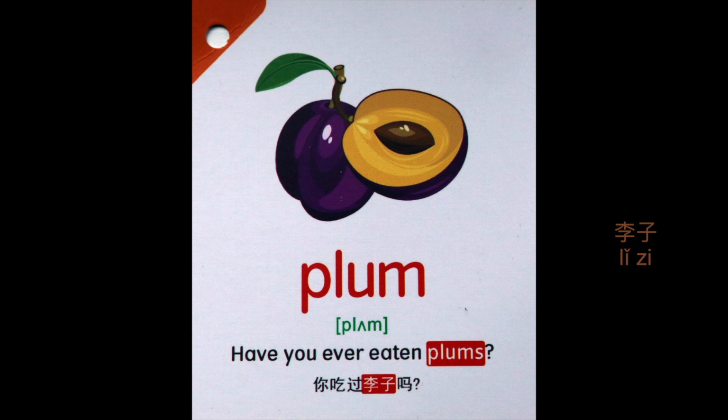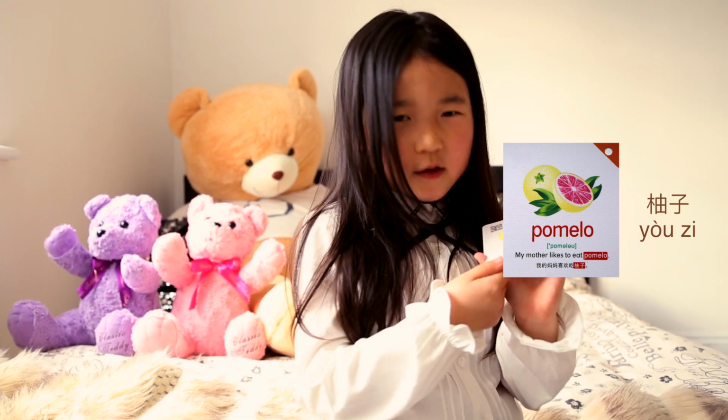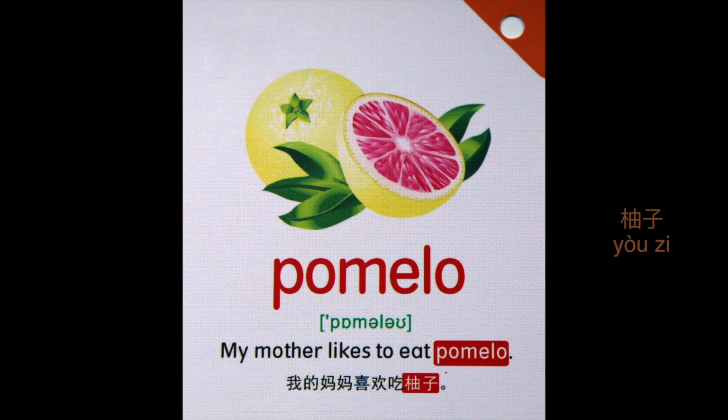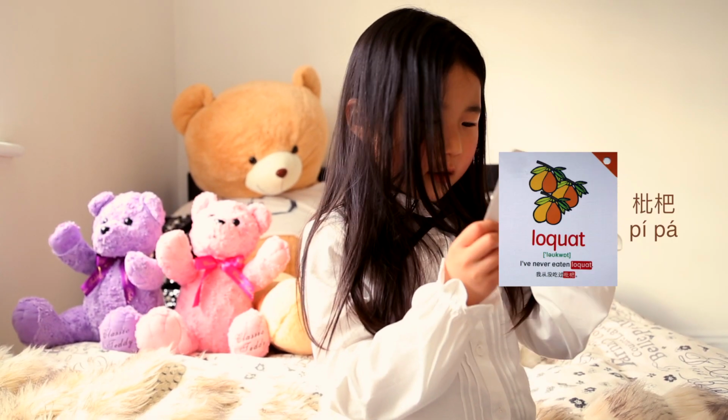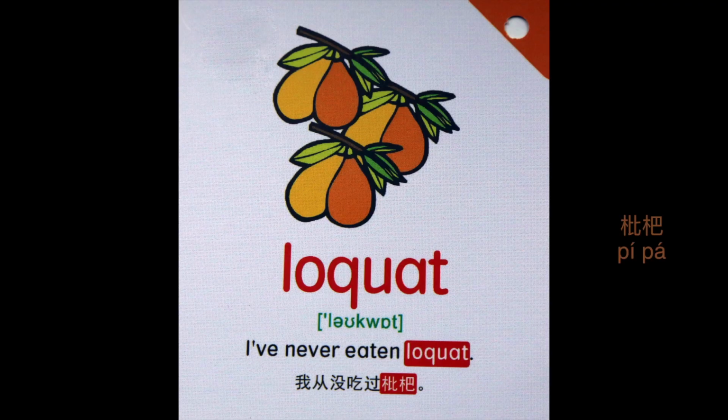你吃过李子吗？ Pomelo, we say in Chinese, 柚子。 柚子，柚子。My mother likes to eat pomelos. 我的妈妈喜欢吃柚子。 Loquat, in Chinese, we say it in 枇杷。 枇杷，枇杷。I've never eaten loquats. 我从没吃过枇杷。